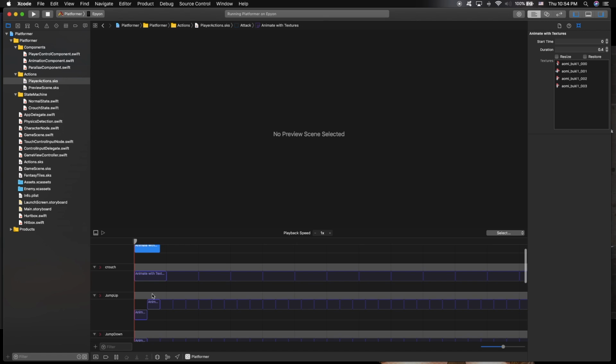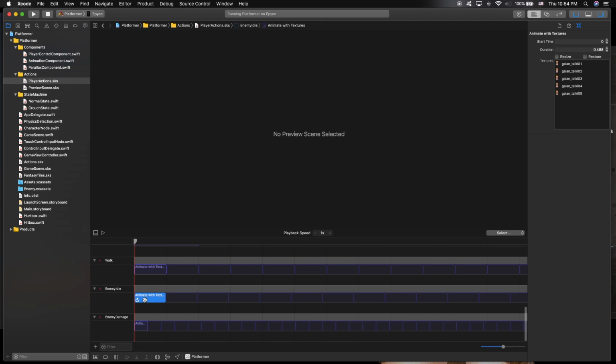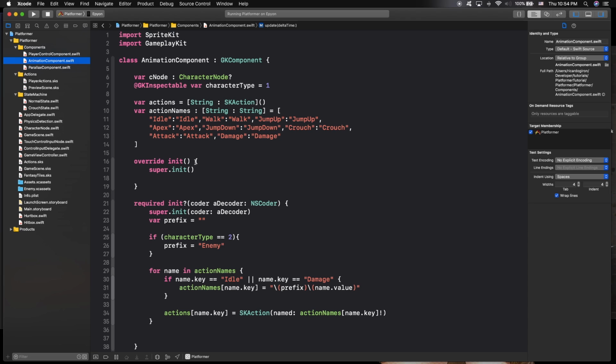But if we have an enemy animation, for example here, the enemy idle, we just do a prefix here, or if you want a postfix after the name idle, and then just do the animation. That way, when we have the animation component, we can also have this GK inspectable